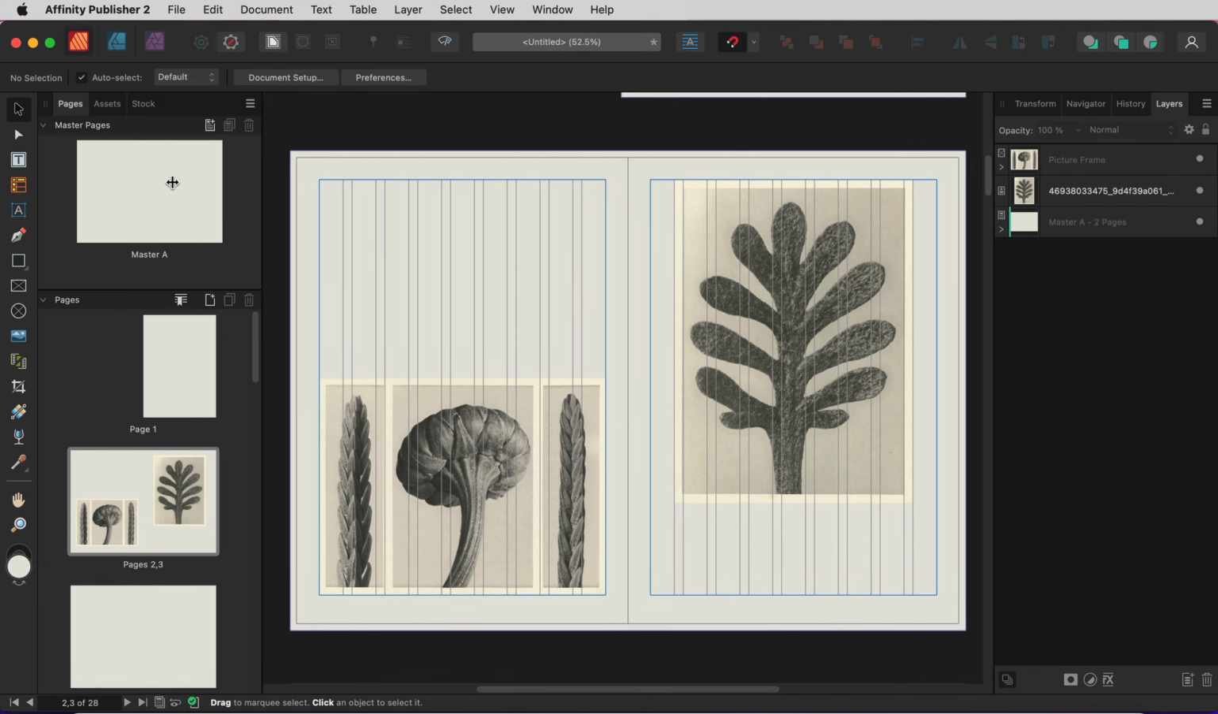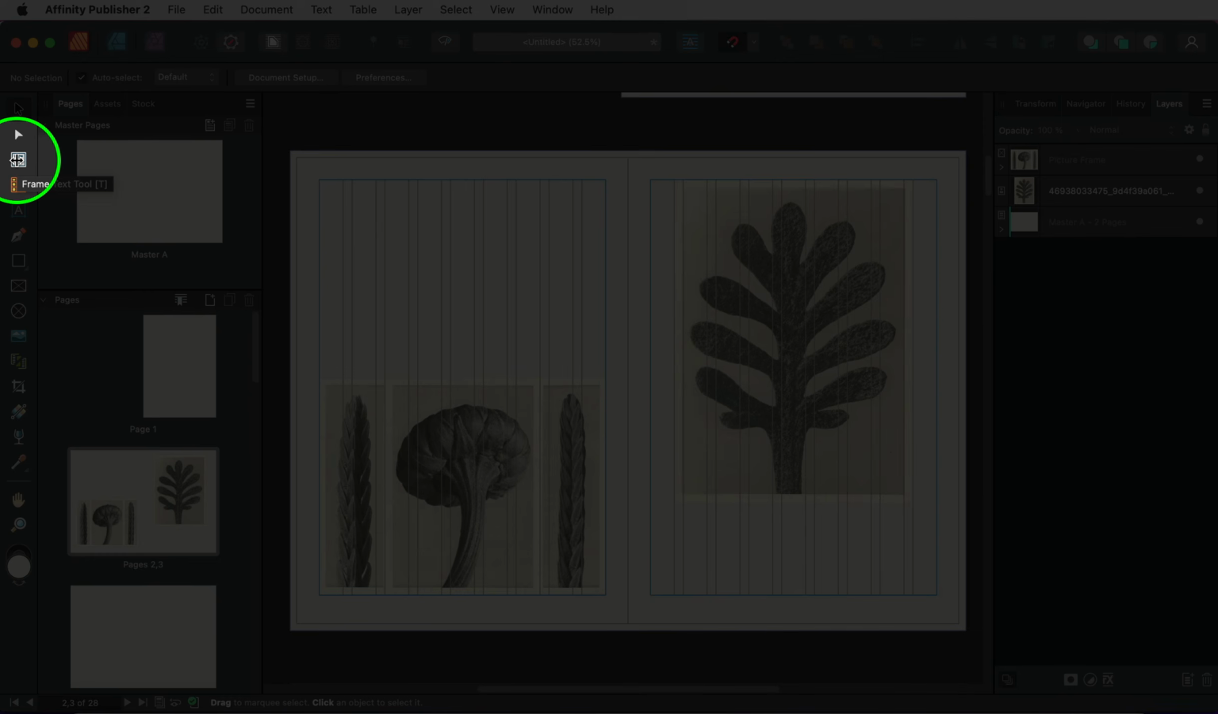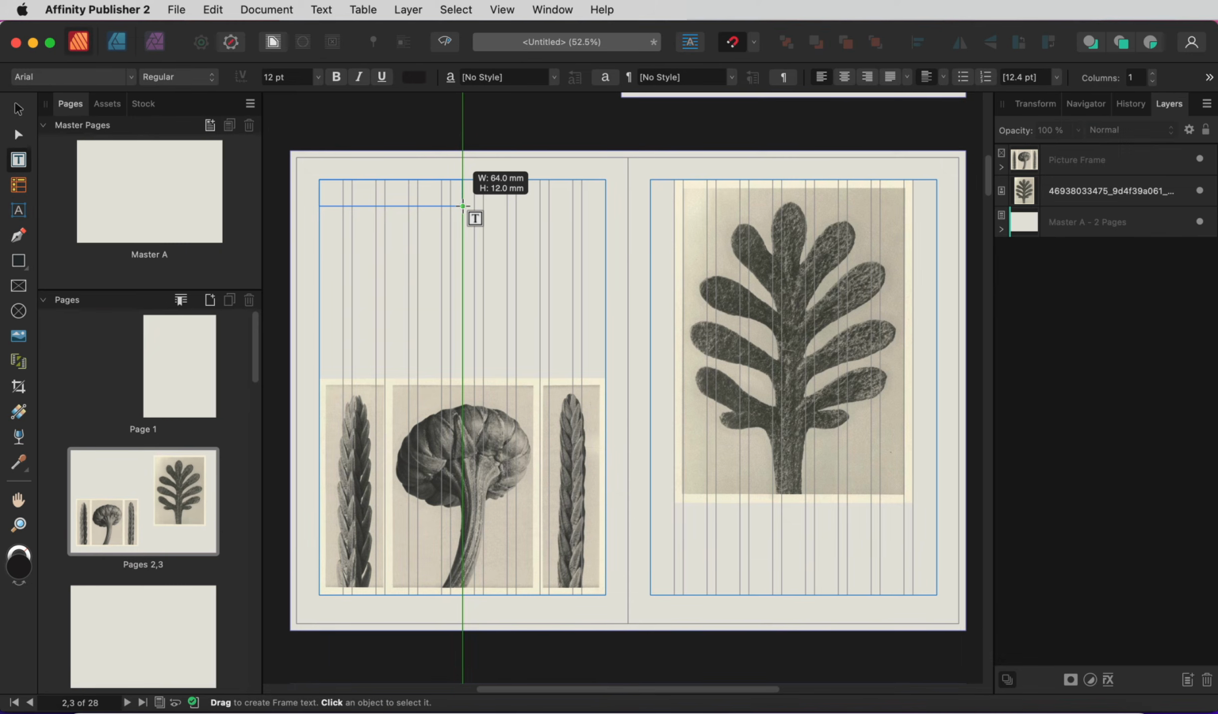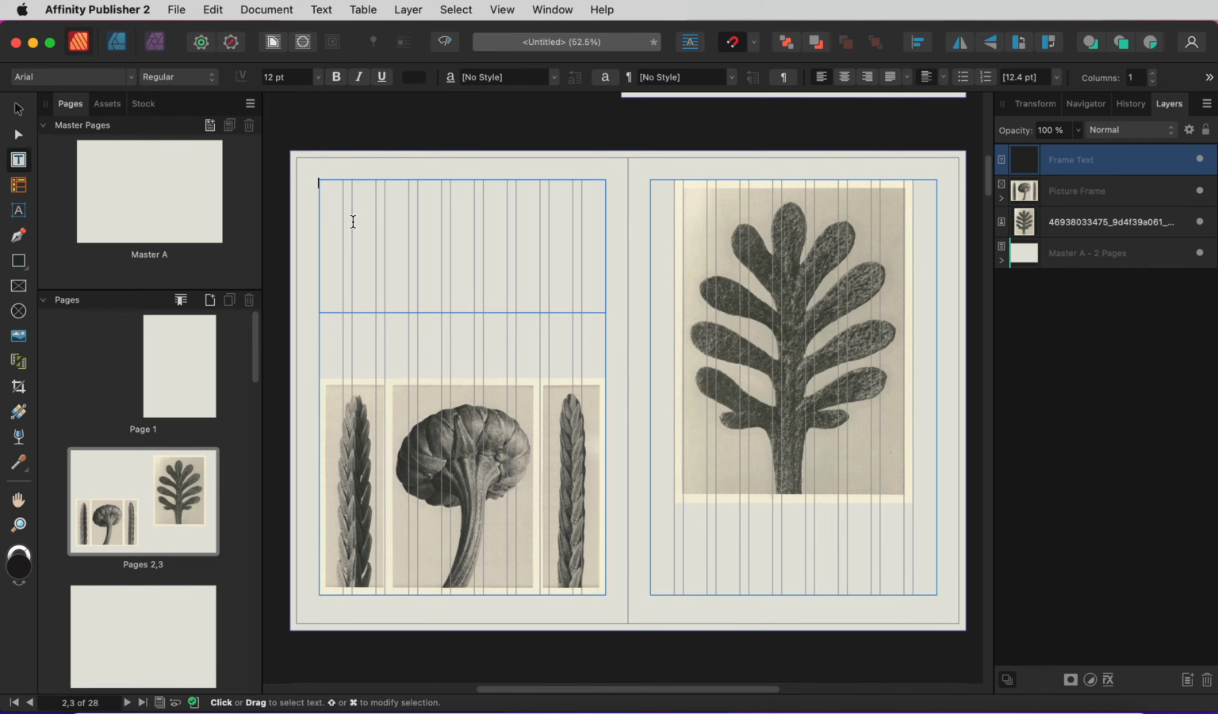Alright, moving on to text. So adding a text frame is very simple. In fact, it's not too much different than adding a picture frame. So you just want to head to the toolbar and select your Frame Text tool, and then you can draw a text frame by clicking and dragging. So this is going to be a headline, and I'm just going to go ahead and type it in right here. But as you can see, it doesn't quite look like a headline yet, so now we have to style